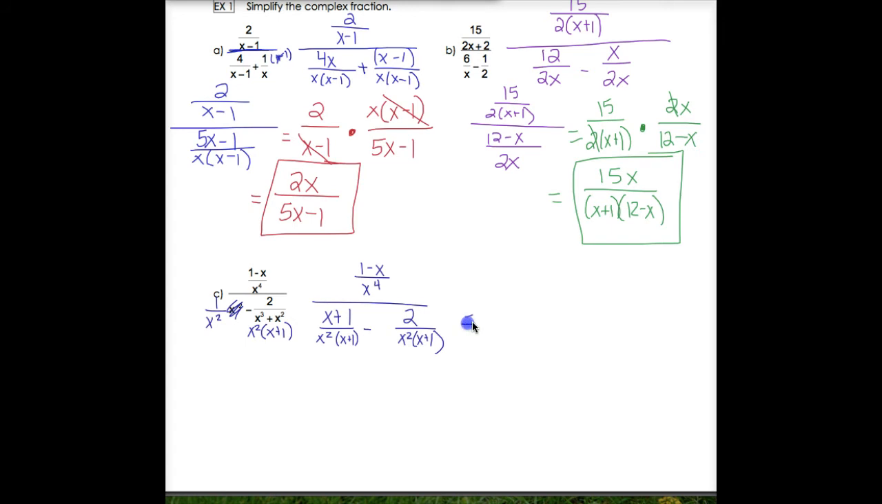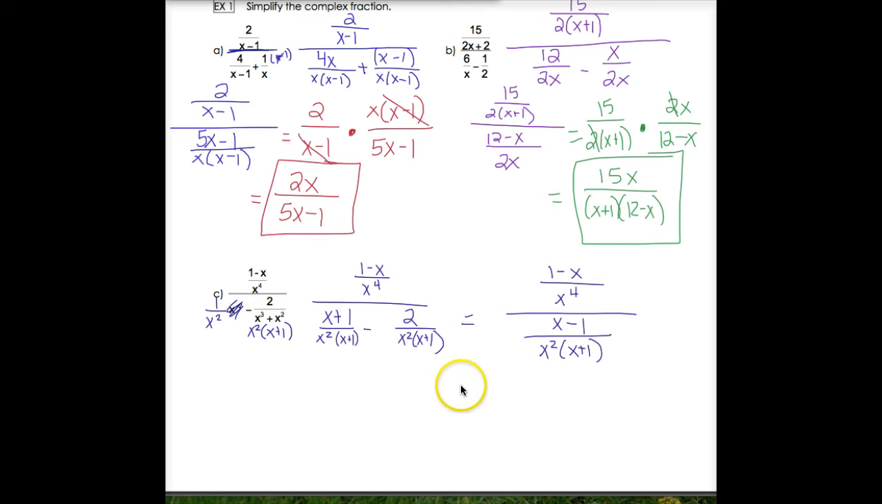So now that I have the common denominators on the bottom, I can go ahead and make it one fraction, so x squared times x plus 1. And now I'm going to combine the like terms. Remember that this is subtraction, so x plus 1 minus 2 is going to give me x minus 1. So I've got a completely simplified numerator, completely simplified denominator. Now I can go ahead and combine them